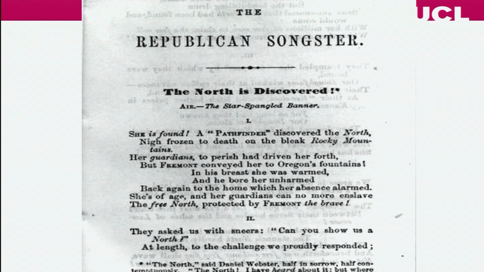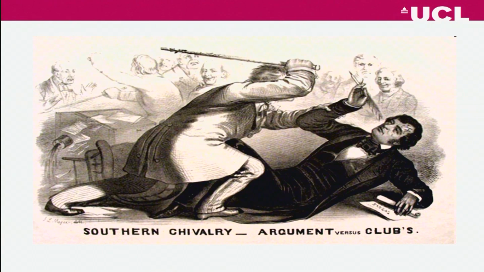who had, in the beginning of the second stanza, they asked us with sneers, "Can you show us a North? Does the North exist?" But Fremont, their candidate in 1856, demonstrated this sectional consciousness, that the North now, in the hands of this new sectional Republican Party, was going to stand up for itself. Now, just as images of the North, distorted images of the North, drove Southerners into the arms of secessionists, so in the North,